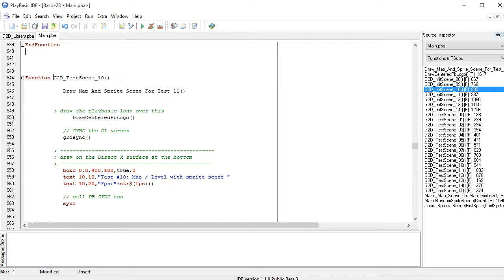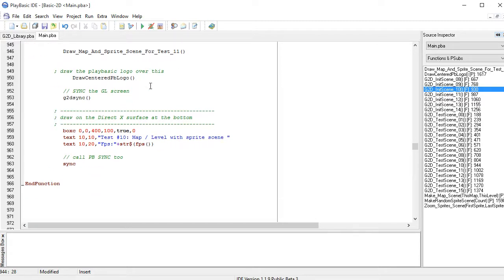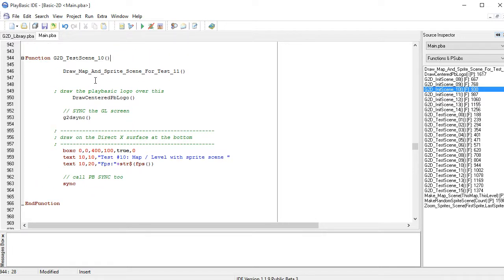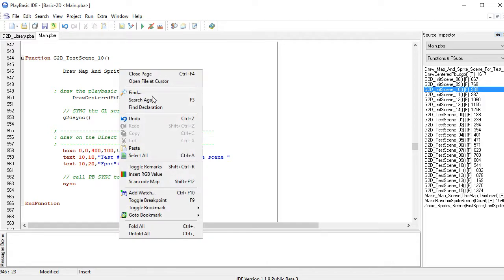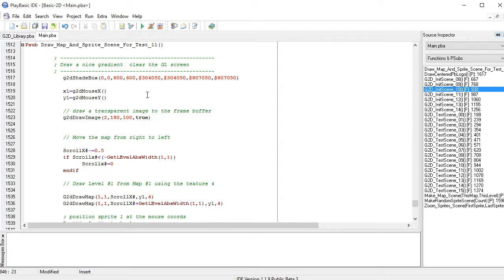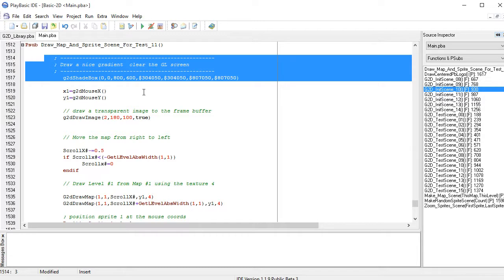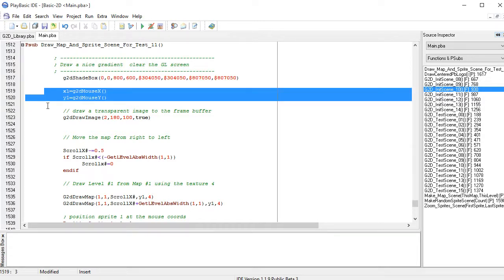So this one here is the main. It's the effect that's being called. Yeah, look at that. Just happens to be one that's just a bunch of wrapped functions. Okay, this bit of code here is doing what? Let's have a look. Okay, it's drawing a shade box in the background, getting the mouse relative to the G2D window,